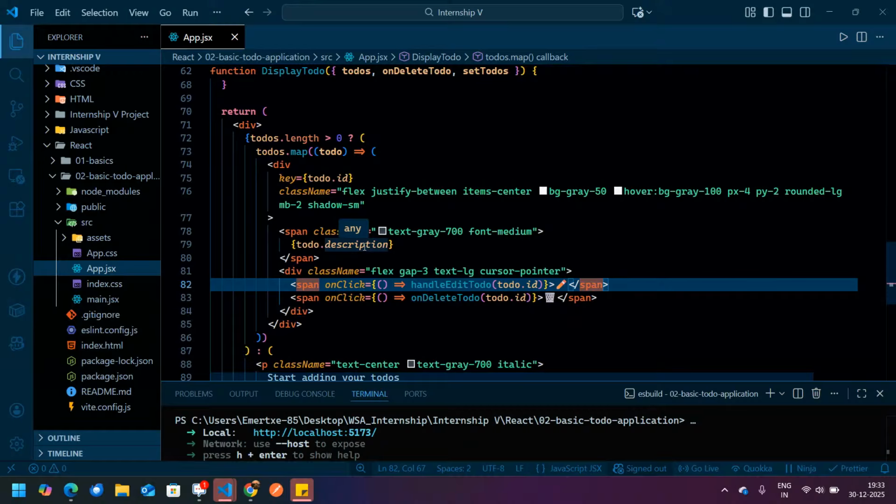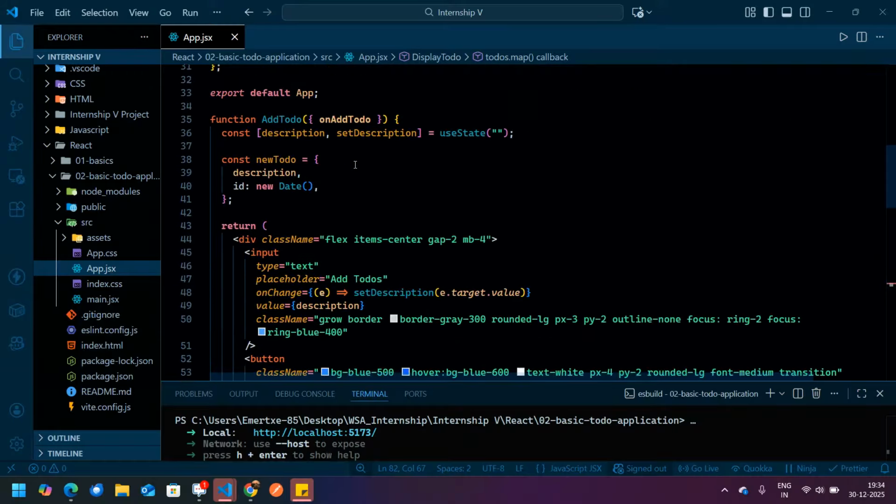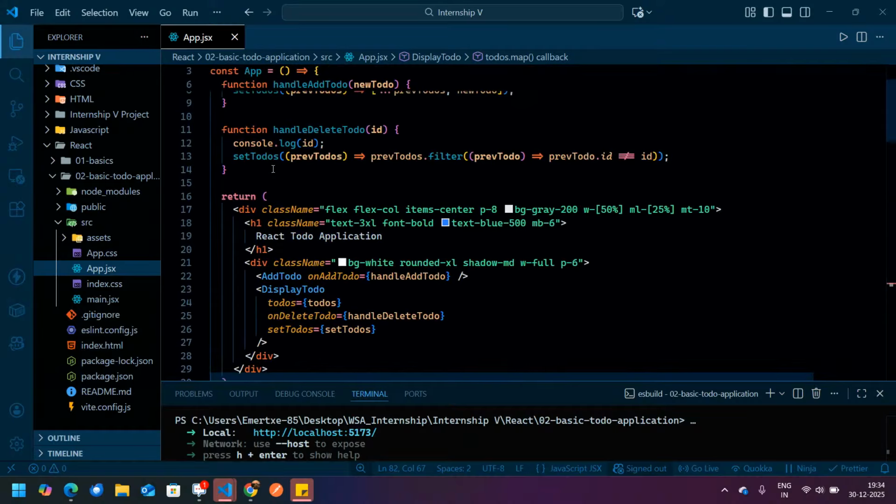So this again helps you to understand so many concepts. First concept is how did you manage that input tag, how did you manage your controlled element? Second, it helps you to understand what is the lifting of the state. Why we lift up the state, why it was necessary to write the todos state over here in the App.jsx. These are some of the basic things of React that you should know.